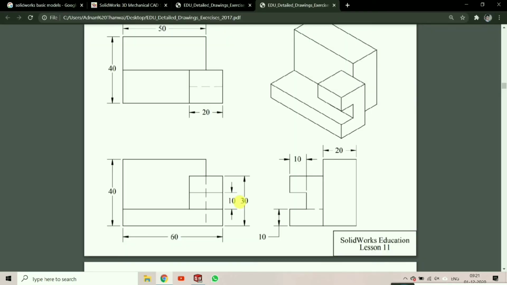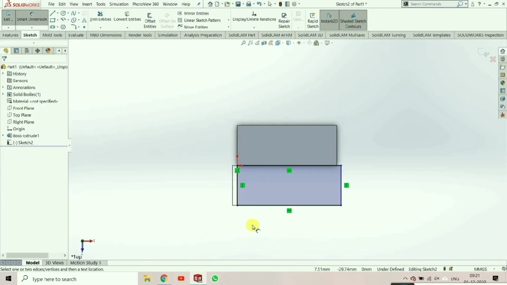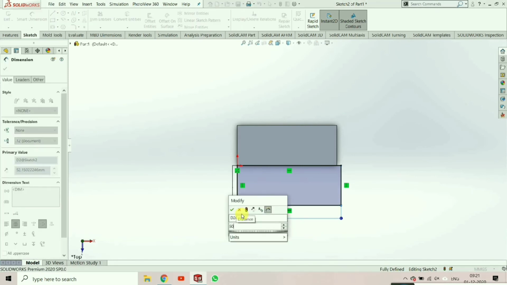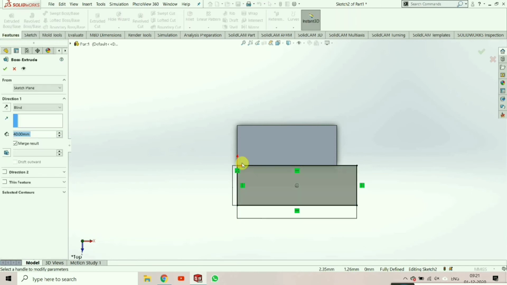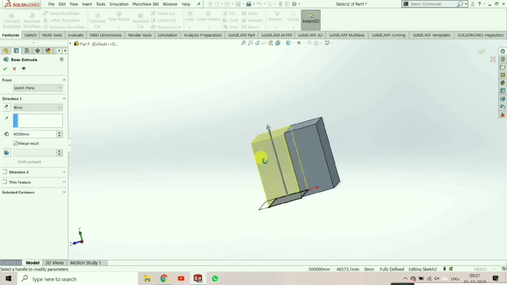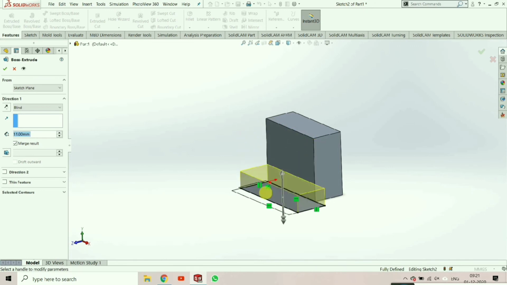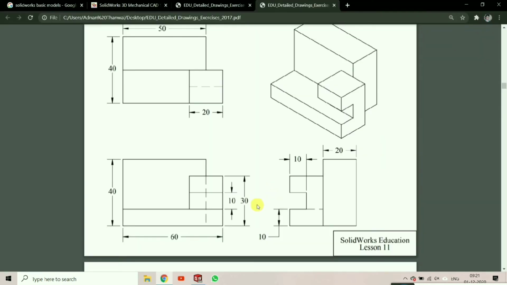I have selected MMGS because here our dimensions are in mm. Now give the width of 60. Extrude boss, extrude up to 10.